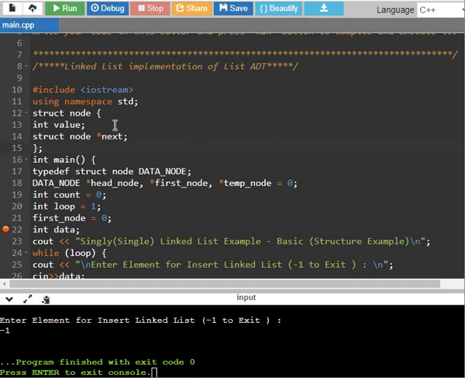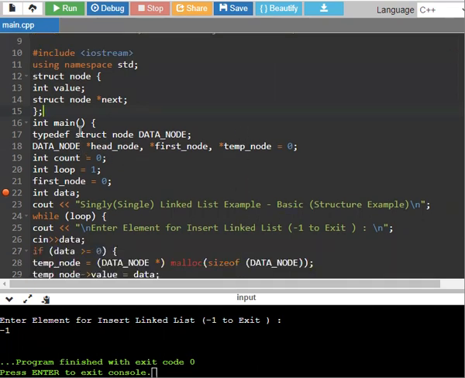format. So in the first node, there are two fields. One is the header node and another one is the tail node. The header node holds the value maintained under the node, and the tail node is used to connect to another list, the second list.